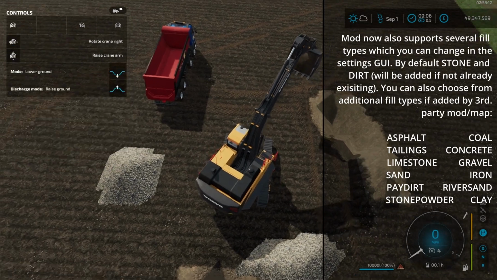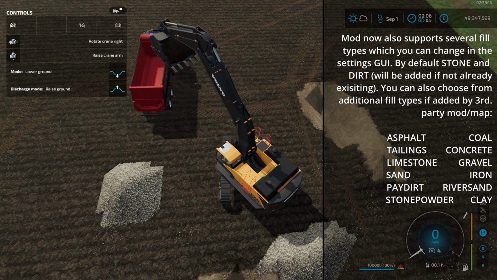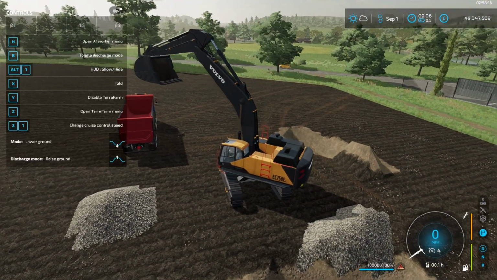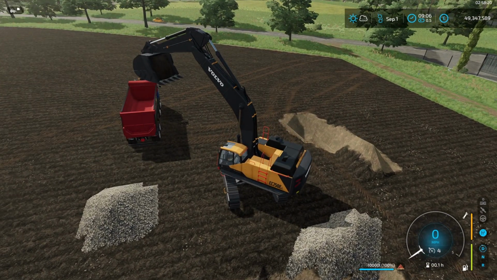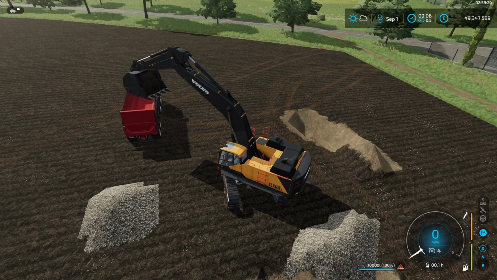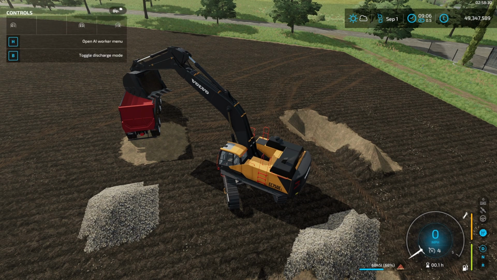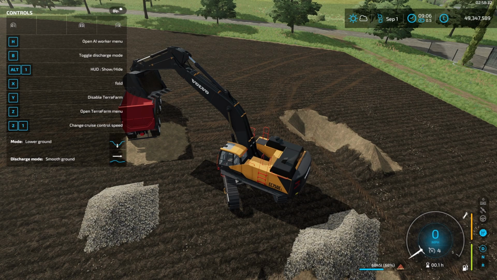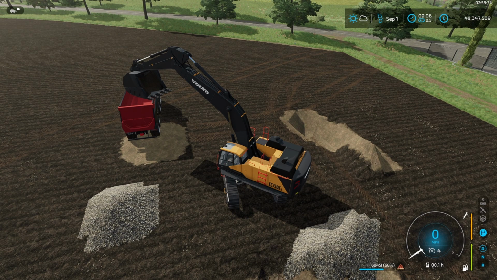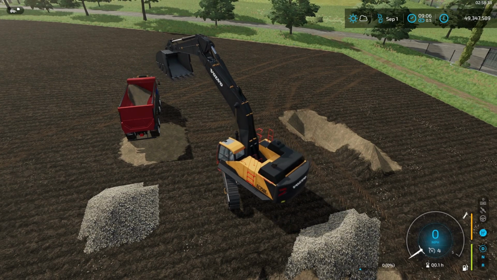It's giving me dirt in the bucket, and a different terrain painting at the bottom. Let's see if I can actually get it into this. It definitely will take a bit of skill learning how to use the excavator, but it's not too bad. Oh, it's dumping it down underneath the truck. I think I'm in the wrong mode. There we go. And it's filled the truck up with...